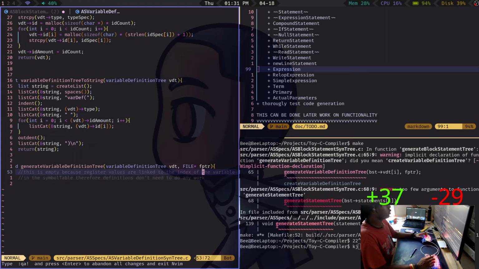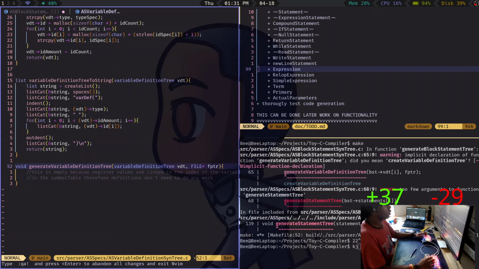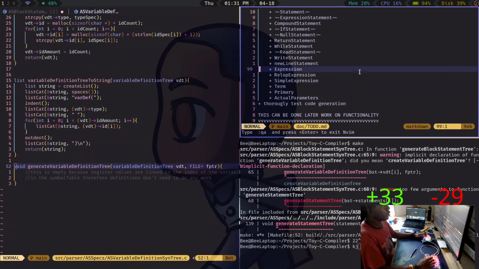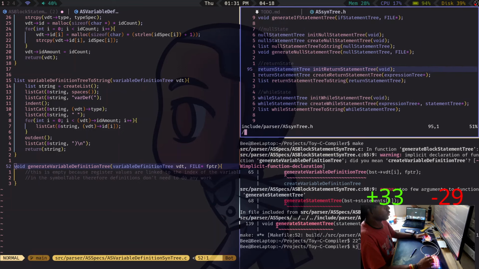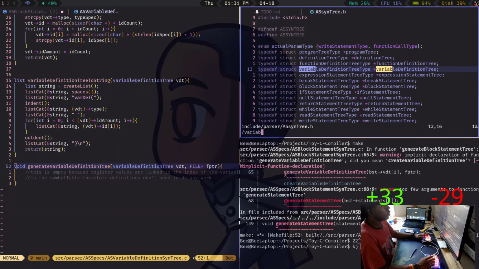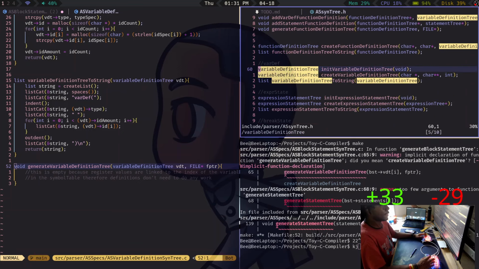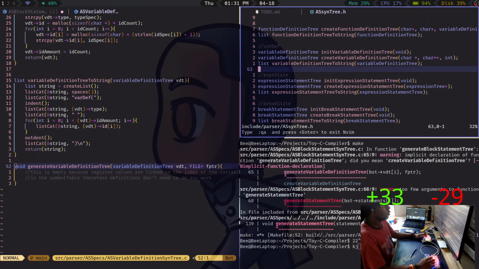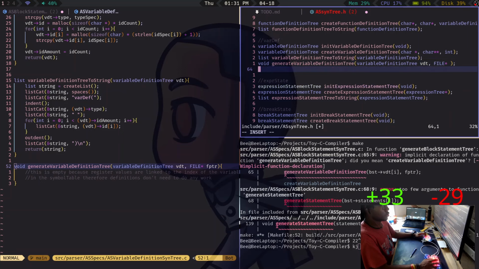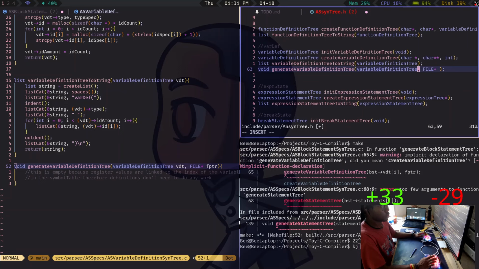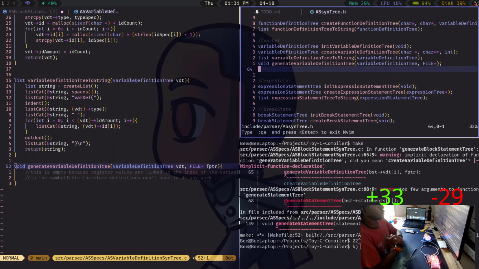Okay, but we do need to take this and put it in here. Variable definition tree. All right.